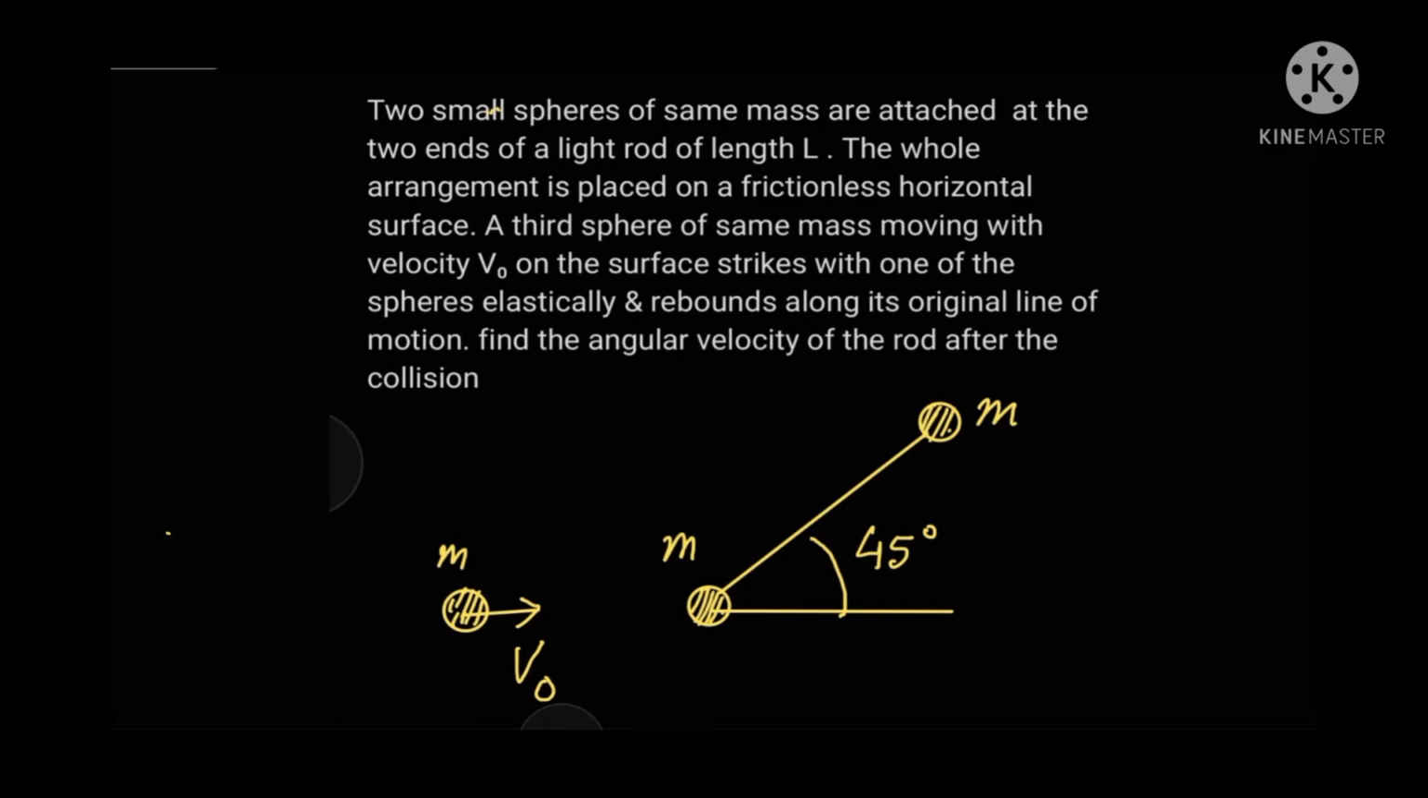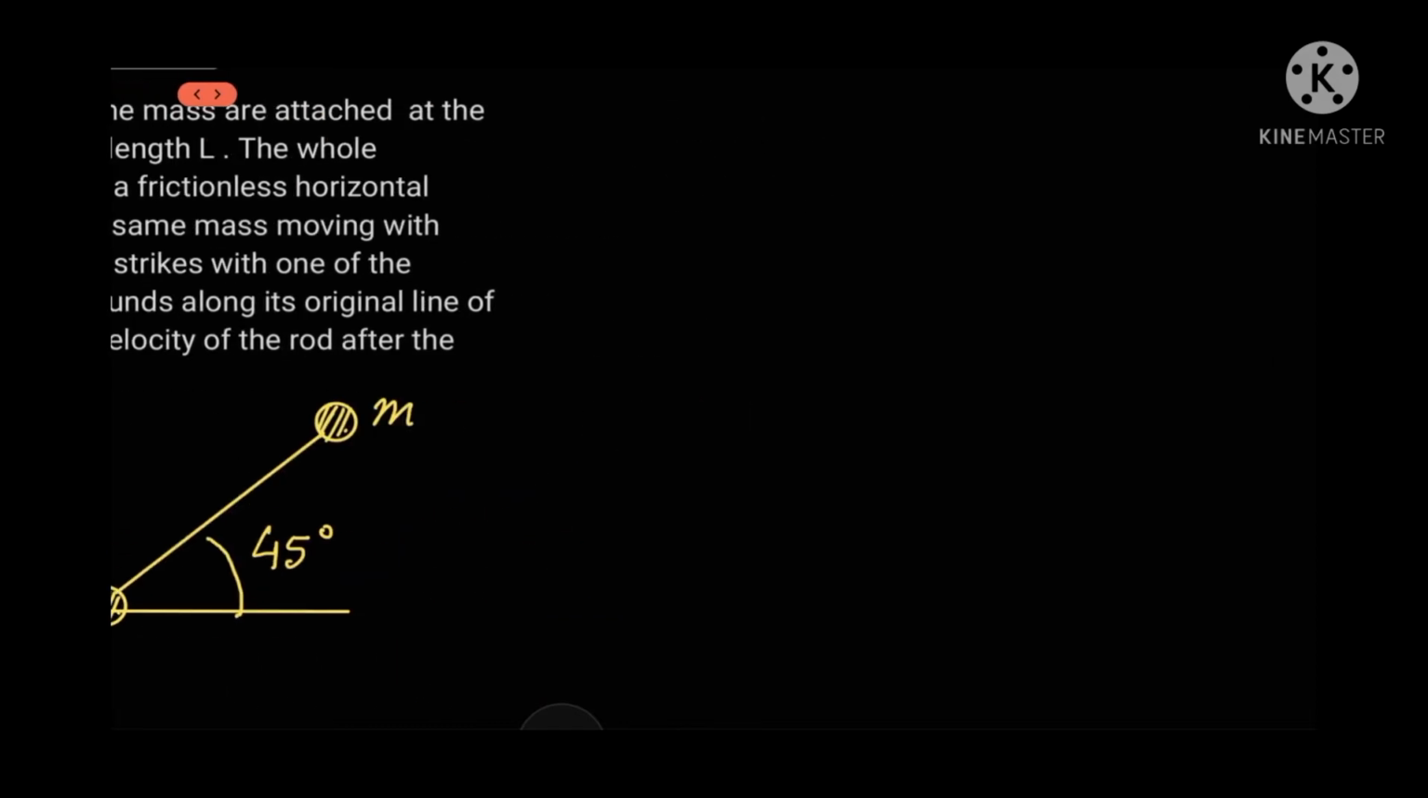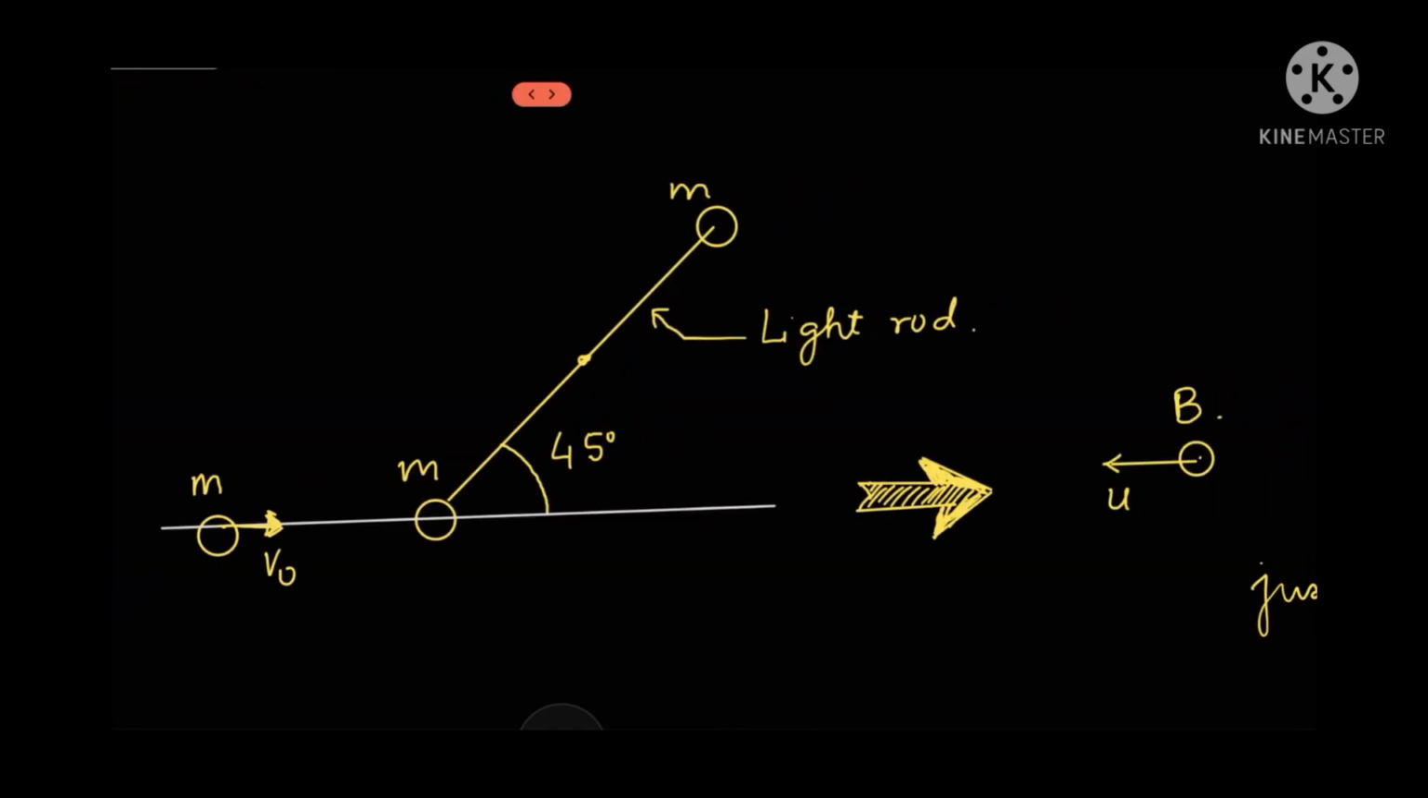So these are the two spheres. They are connected to a light rod, and a third sphere of the same mass is coming with velocity v0 and it's striking one of the spheres, and it is returning in the same line, and the collision is elastic, and we have to find the angular velocity of the rod after the collision. Okay, so this is the situation before collision